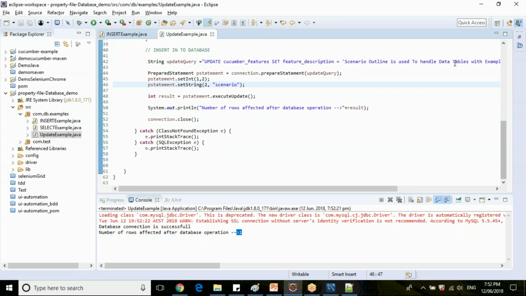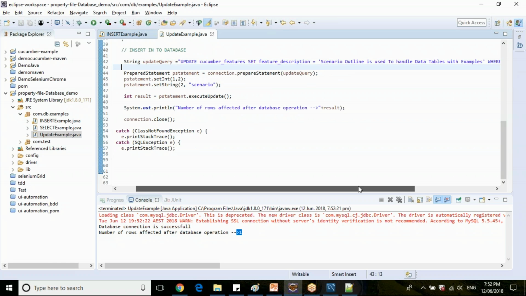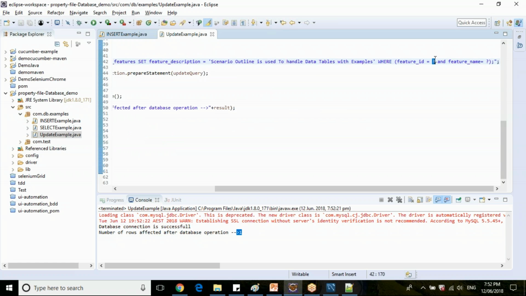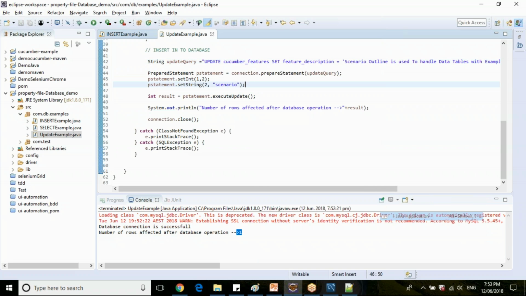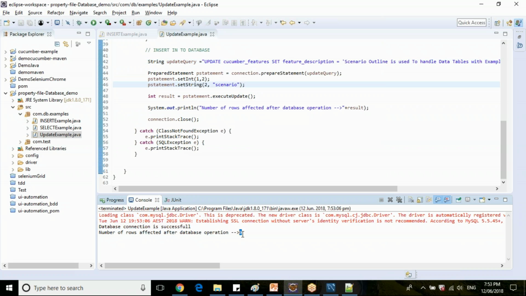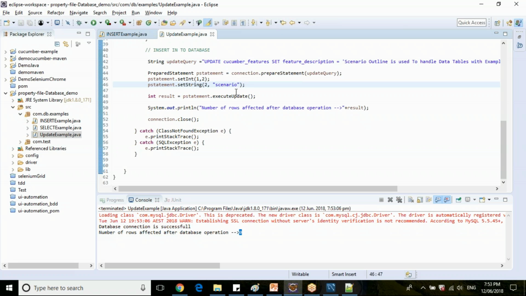Because the where condition fails here: feature ID 2 is scenario outline, but we are providing scenario. So the condition should fail, and you get an SQL exception or 0 rows. It has not updated any row because the condition failed and no results were returned. Clear, guys?